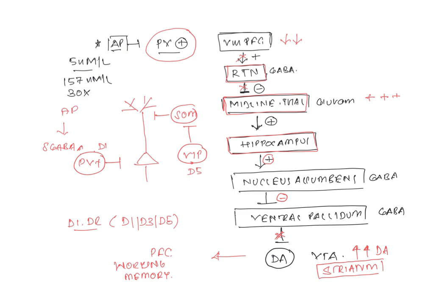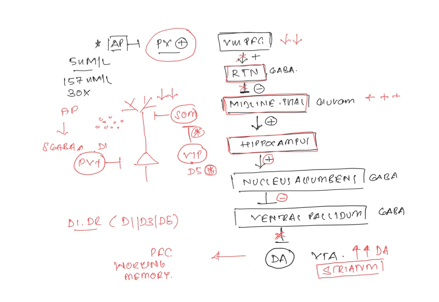Now, the dopamine that is released in the prefrontal cortex will first actually activate the D5 dopamine receptor on the VIP neurons, because the D5 has 10 times increased affinity for dopamine as compared to D1 receptors. So when you activate the D5 dopamine receptors on the VIP GABA interneurons, it will inhibit the somatostatin neurons. So you'll have an increase in the inflow of information to the pyramidal neurons.